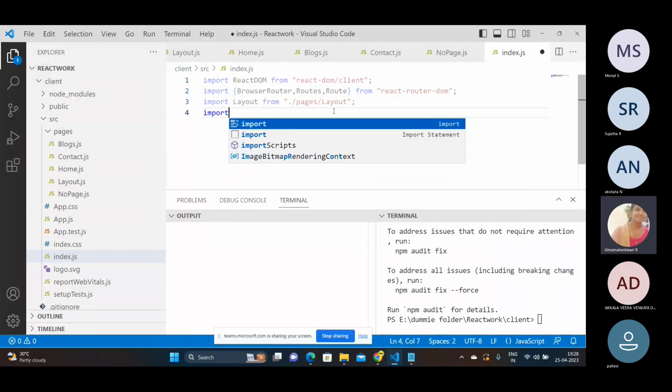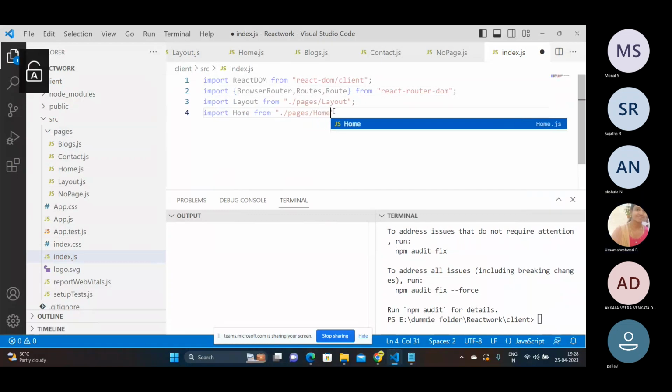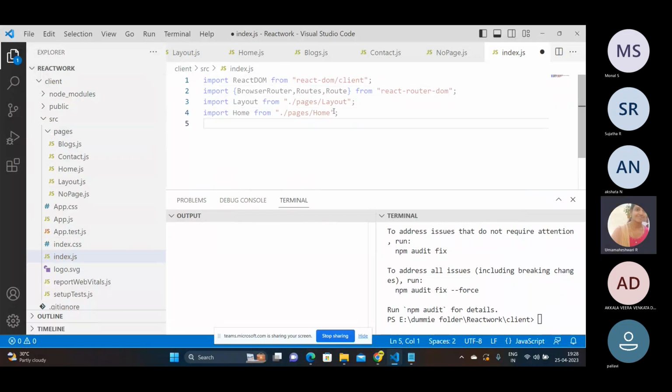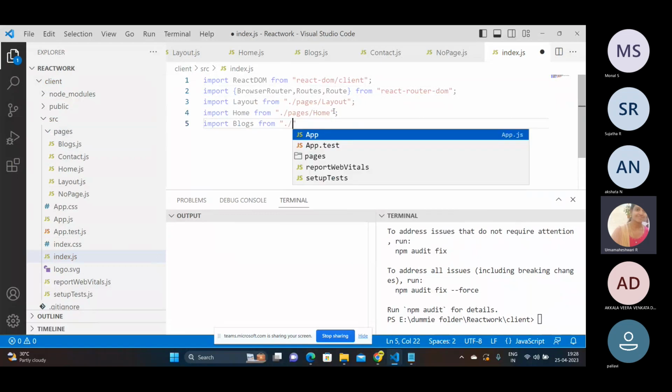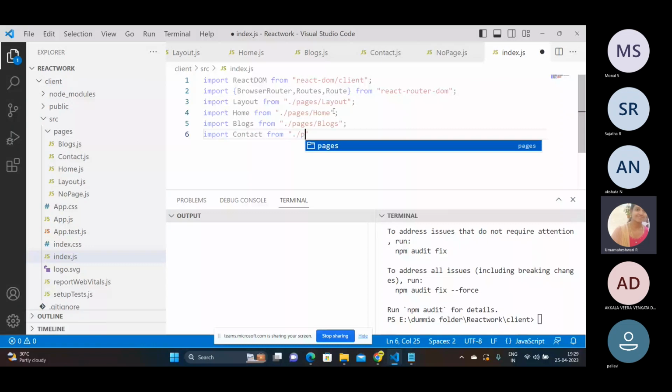And then import Home from the same, the pages folder, /Home, semicolon, and then import Blogs from where? From ./pages/Blogs. Import Contact from ./pages/Contact,